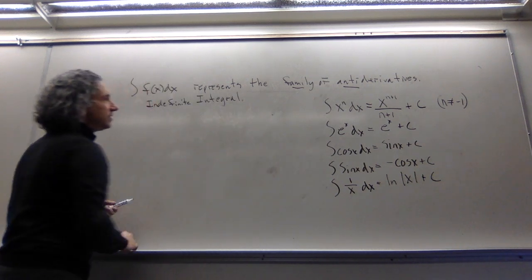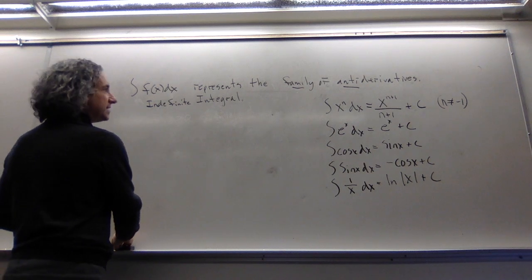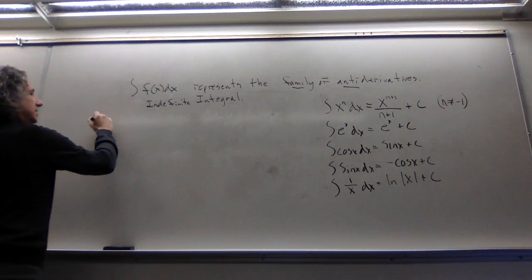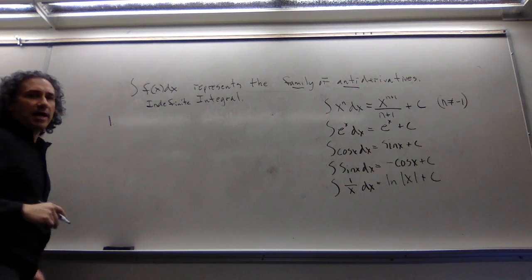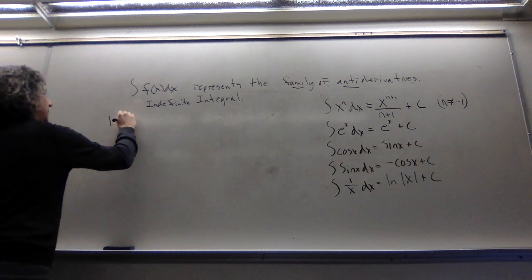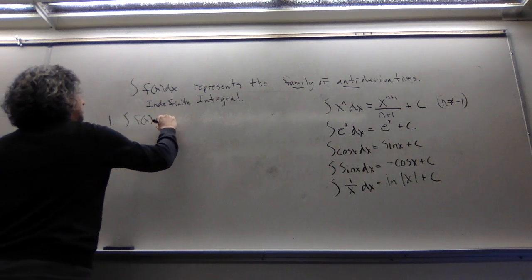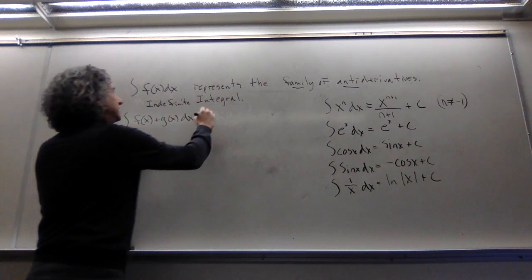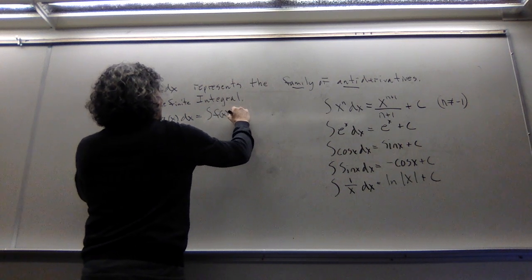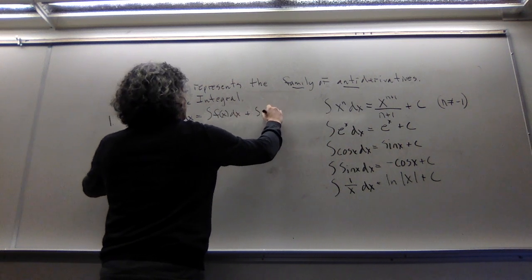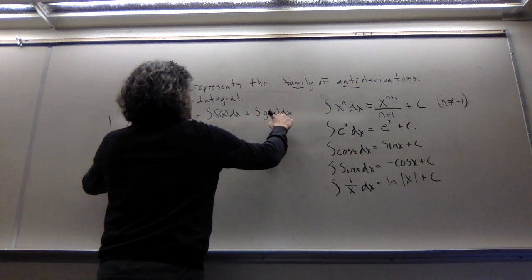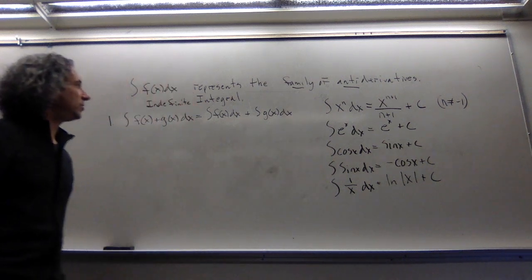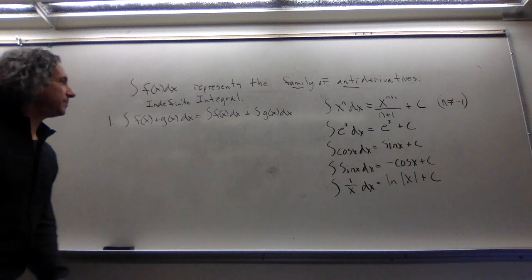There are a couple of additional properties that I want to list. And these properties are just analogous to what we saw in the world of definite integrals. So in particular, the integral of f of x plus g of x dx is the same thing as the integral of f of x dx plus the integral of g of x dx. So in other words, if you want to integrate a sum in terms of this indefinite world, then you could just do them term by term.